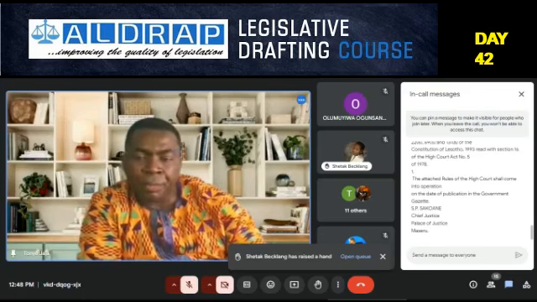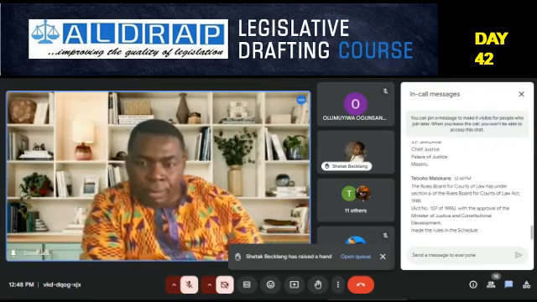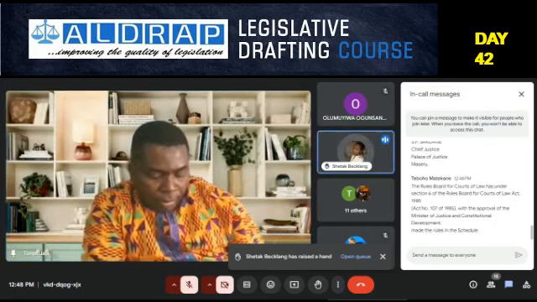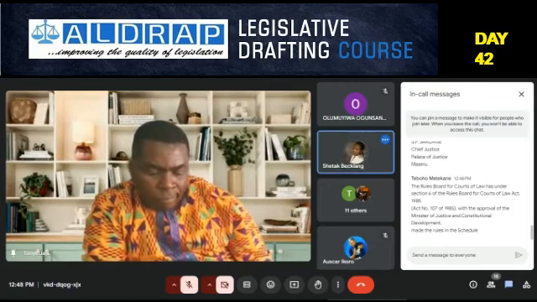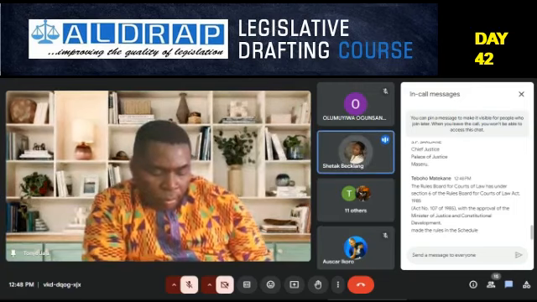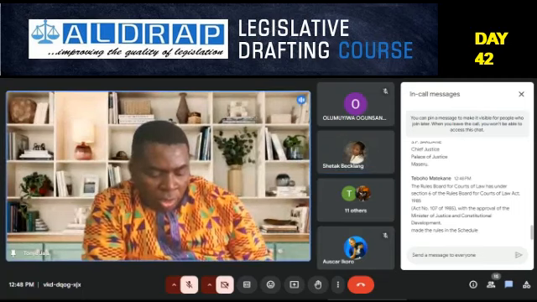Yes, Shetak. Yes, sir. While I was going through that piece of regulation, I looked through the back and I also found out that it has two interpretation sections. One at the beginning, immediately after citation and commencement, and then another one at the end, which is the last section of that regulation. I don't know if there is any legal implication to that. That's strange.